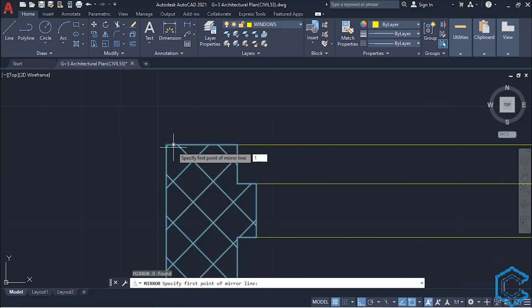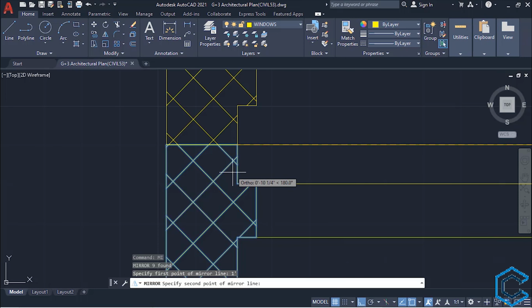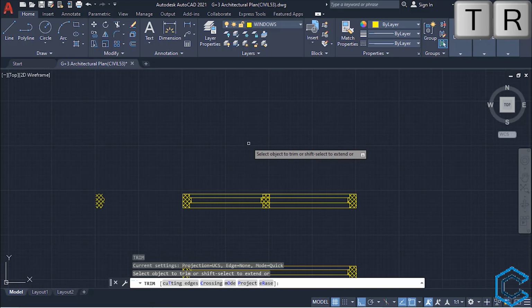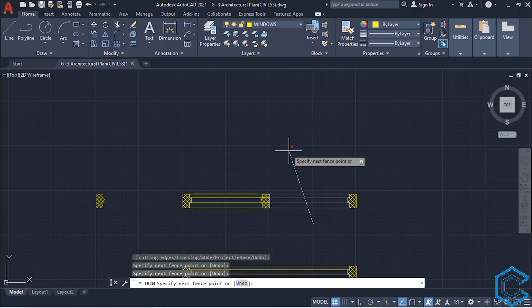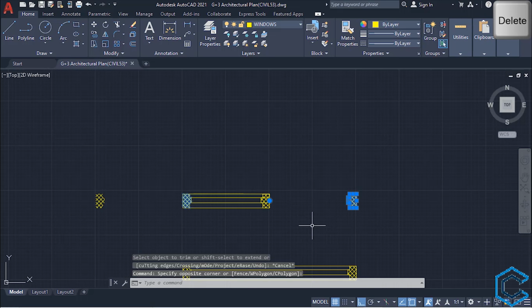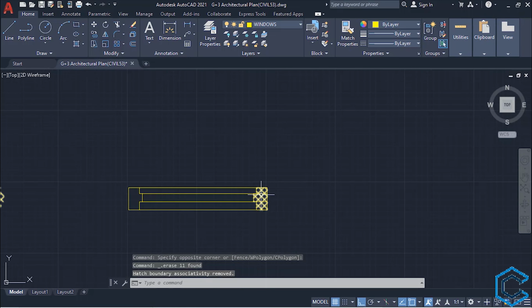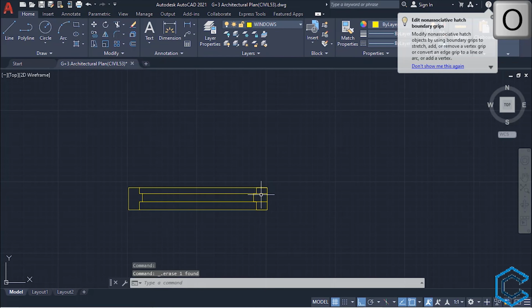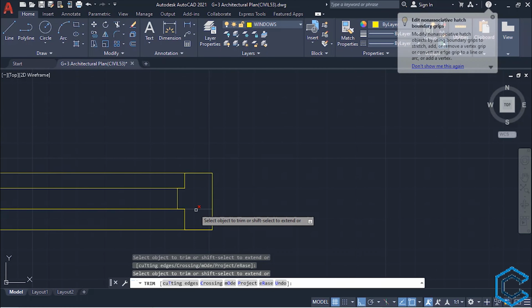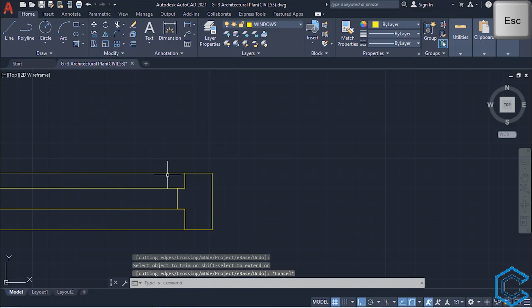of 1 feet, enter. Now zoom out, move the cursor like this, left click, click on no. Now trim the extra lines, TR, enter, left click, move the cursor like this, left click. Now press escape to come out of the trim command, select this line, and then delete, select this one also, press delete. Now type TR, enter, trim this line and this line, escape, select this line,